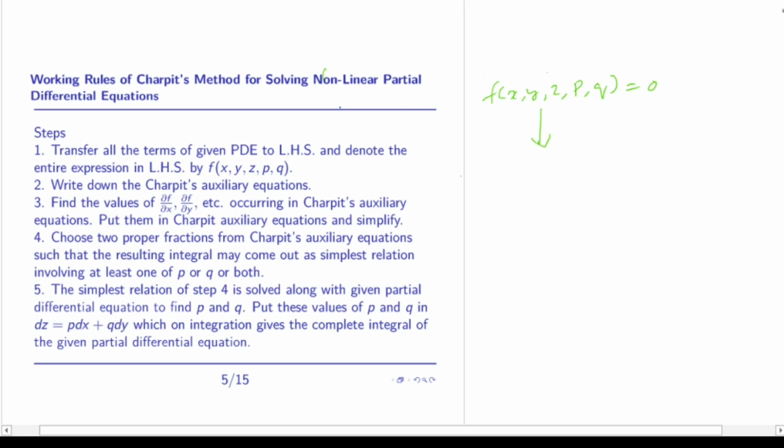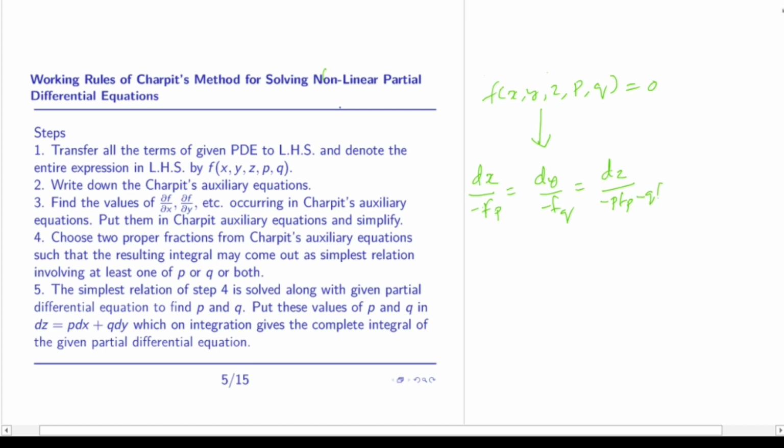We have to find the terms in the auxiliary equation, which for Charpit's method is dx/(−fp) = dy/(−fq) = dz/(−pfp − qfq)